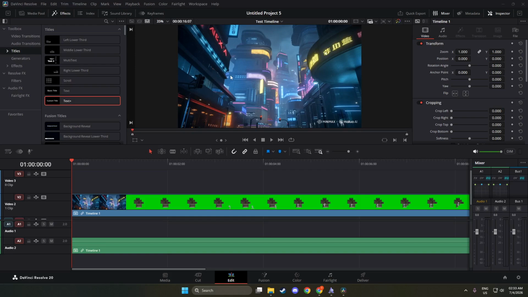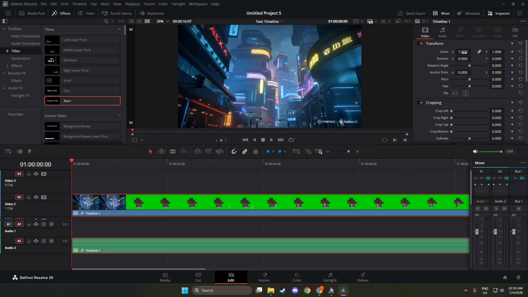After you have selected the clip, open the inspector. You can find the inspector in the top right corner of the interface. Click on the icon that looks like a small slider or knob. This panel gives you access to various settings and adjustments for the selected clip. Opening the inspector is an important step because it provides you with the tools needed to modify your clip effectively. It will display options like zoom, position, and more, which we will use shortly.